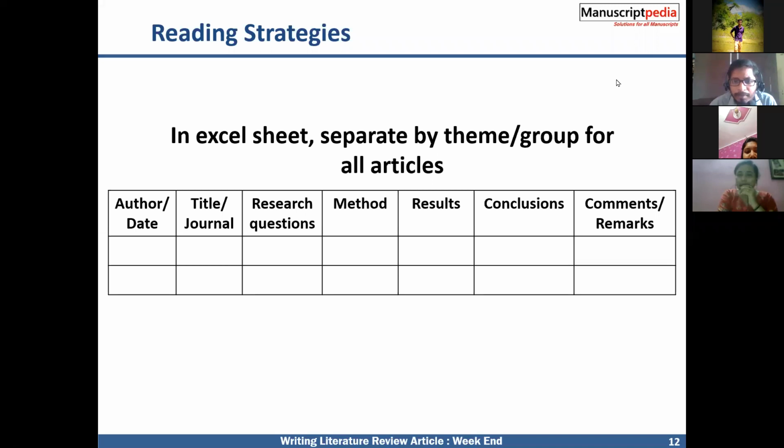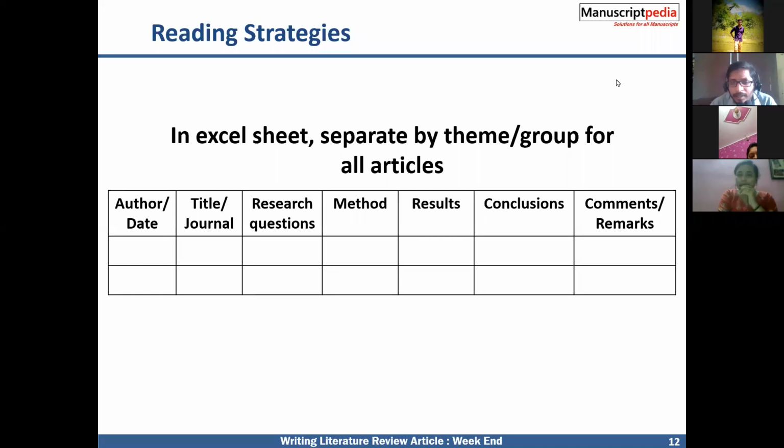Literature review Excel: they also created Excel based on the theme, with authors on the side and the themes on the top, showing which author used which themes. For science and humanities, I think it is a little confusing while tabulating this. In the engineering stream, it will be a little different.